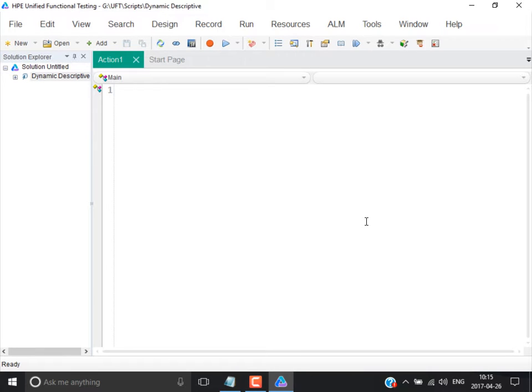Now, when it comes to dynamic descriptive, dynamic descriptive will help us in two ways normally. One is, if the object is being repeated multiple times and you still want to go with the descriptive programming,